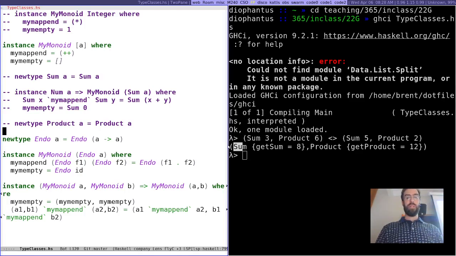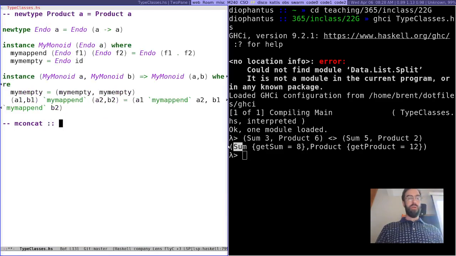There's also things like, before I get to that other example, there are a few functions that the standard library provides for working with any monoid. For example, there's a useful thing called mconcat that says for any monoid type M, if you give me a list of M, it will reduce it down to a single value of type M. So how does this work? We have this mappend thing that can combine two things into one. So if I have a whole list, I can just do that repeatedly, right? I think it's actually defined as